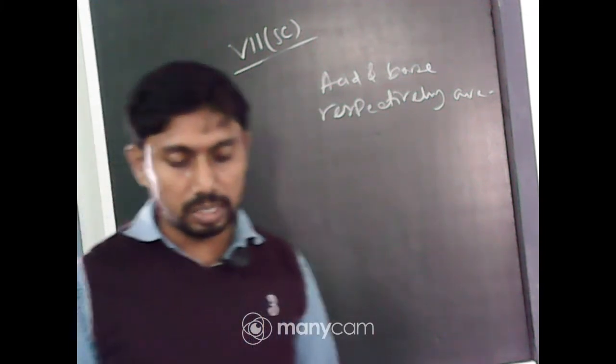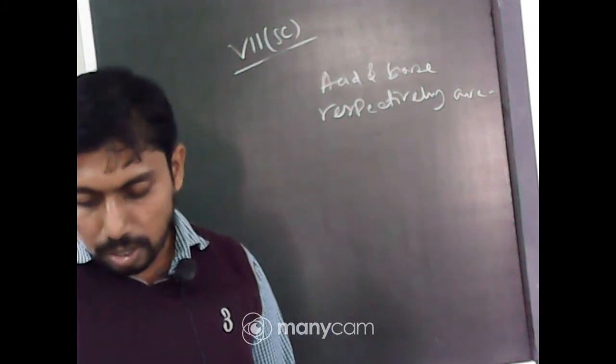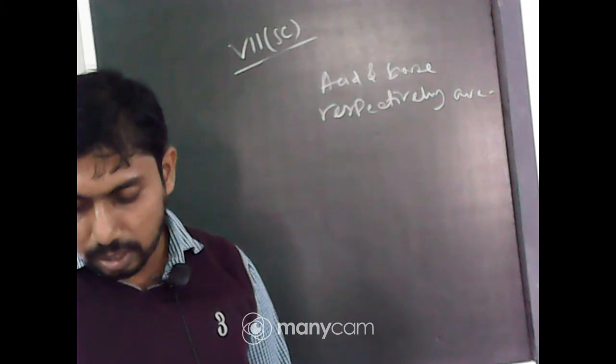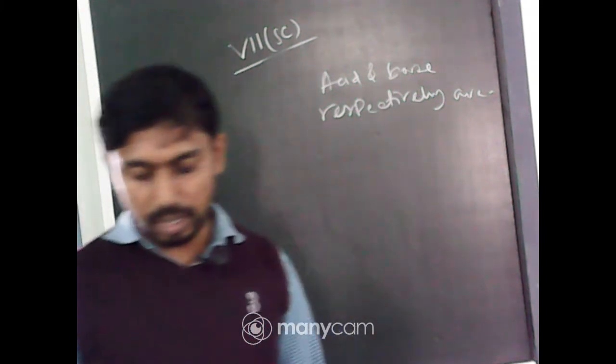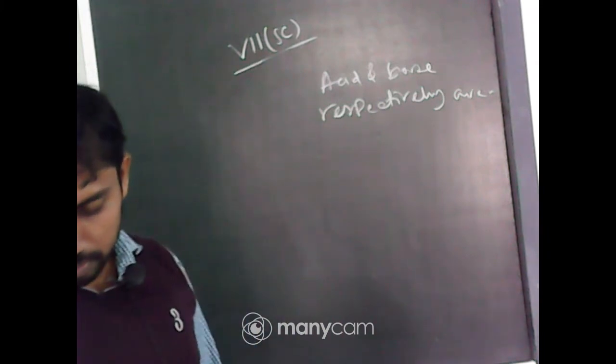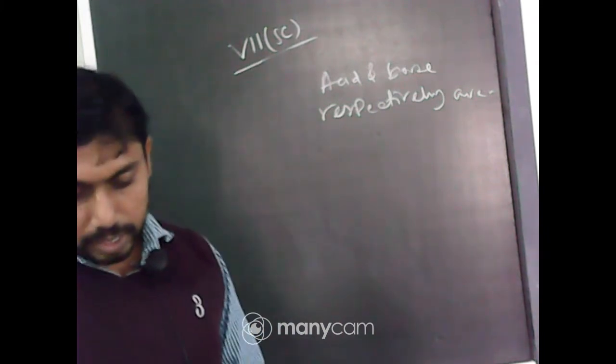Next question. Litmus, a natural dye, is an extract of which of the following? You know this very well. This is China rose, beetroot, lichen, blueberries. Lichen, yes, correct. Simple question. Next question.